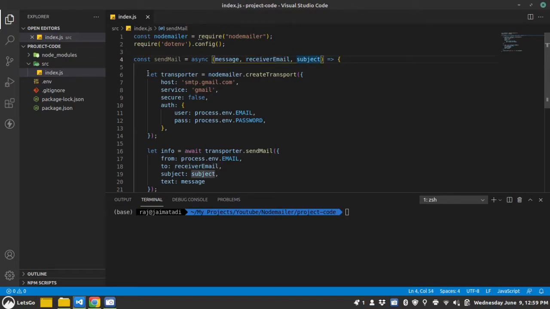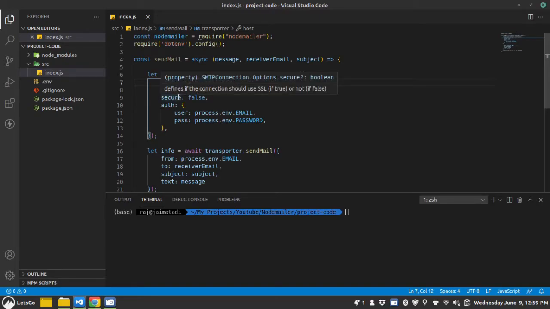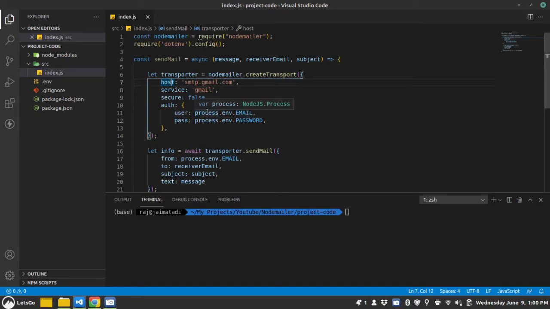To use NodeMailer, you need to first create a transporter. It has two or three things which are a must. One is the host name. For Gmail, it's smtp.gmail.com, service is Gmail, secure is false, and auth is an object which has user and pass parameters. So I read them from the environment file.